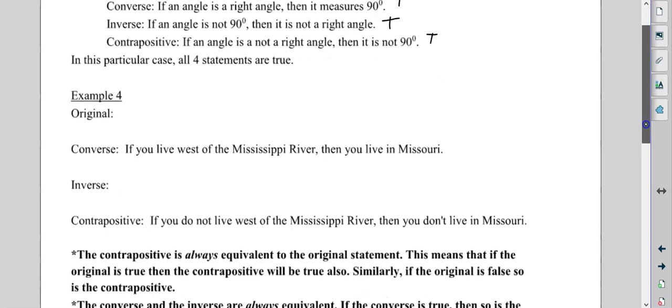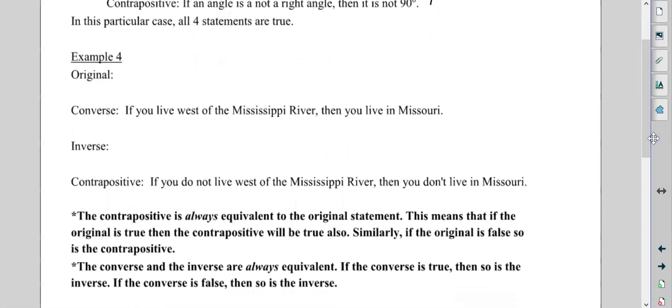All right, working backwards. If you live west of the Mississippi, then you live in Missouri. Okay, so remember, the converse is Q then P. So the original, we have to switch them. P then Q. So we say, if you live in Missouri,